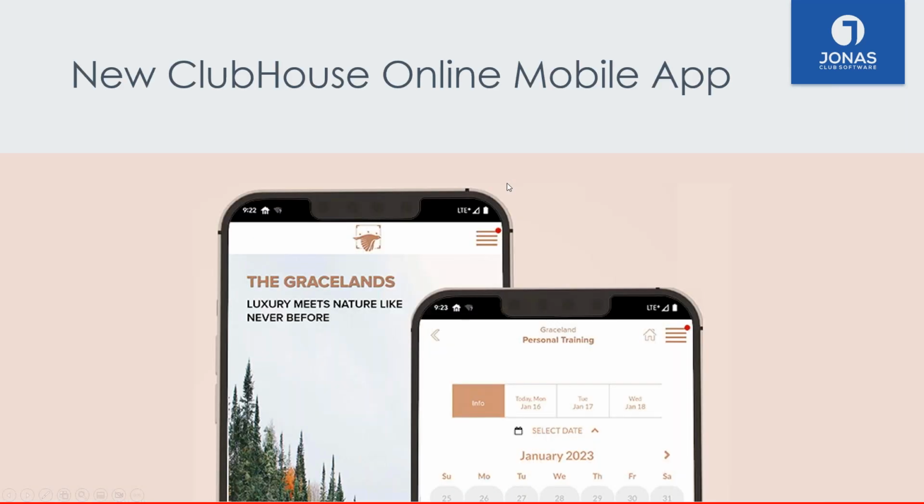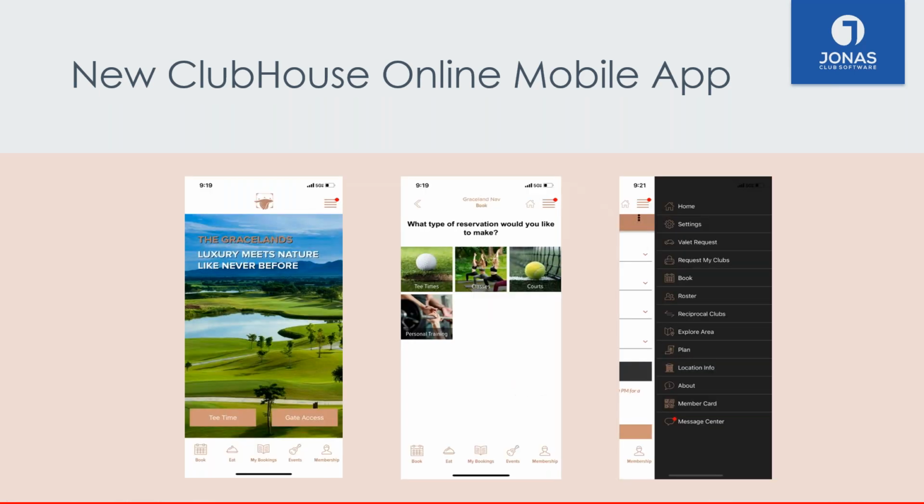Yeah, absolutely. Thanks, Trev. So as we jump right into it, taking a look at the new ClubHouse Online app, right away, Trev, you can jump into the next slide, actually. We're able to see that visual improvement right off the top. So with this app, you're going to have the ability to have multiple formats, multiple layouts that are available to you. It just appears to be a standing image, but the app that we have now actually has a scrolling background. So you can do the still image, you can have a tile layout. So again, just offering that more customized hands-on feel there.